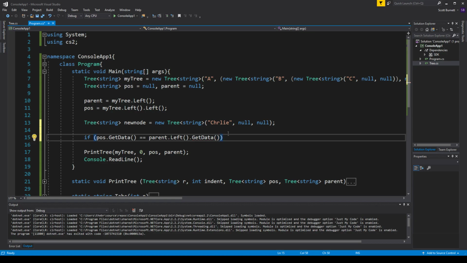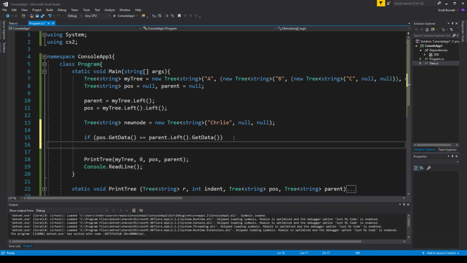Okay, so here we are just comparing the data field of pos against the data field of parent's left subtree. If the data field of pos is equivalent to the data field of parent's left subtree, that means pos is our parent's left subtree. And this means that now we know that we need to replace the parent's left subtree if we want to replace pos. So here we would do